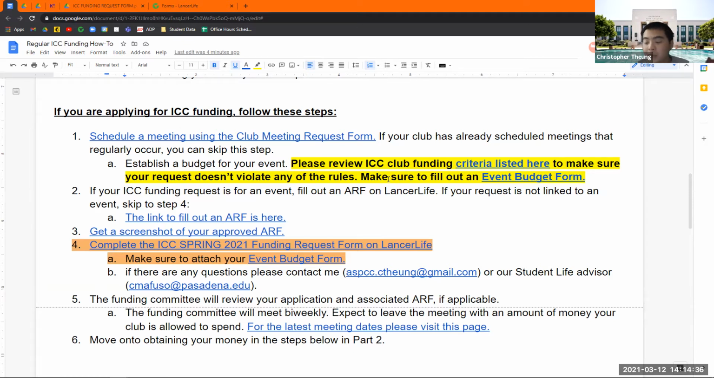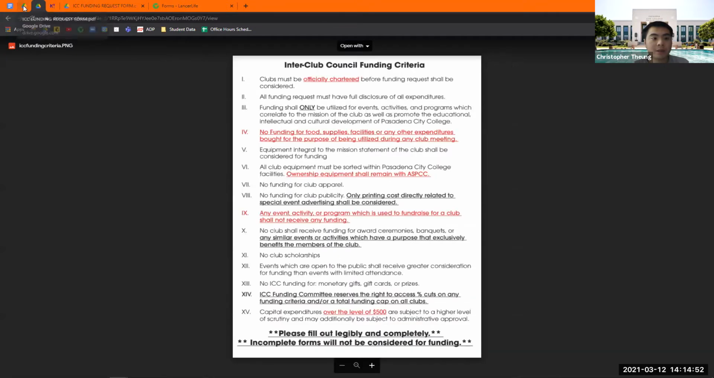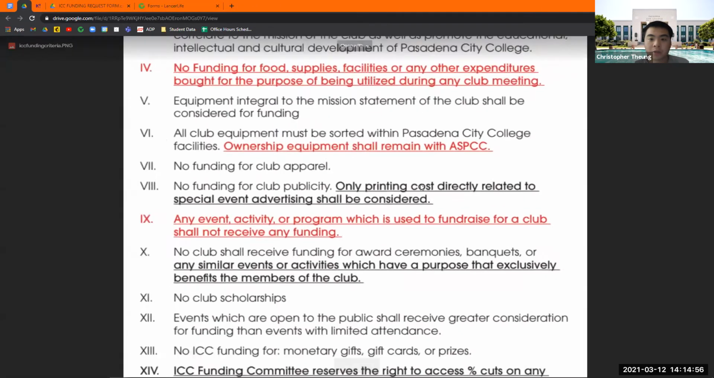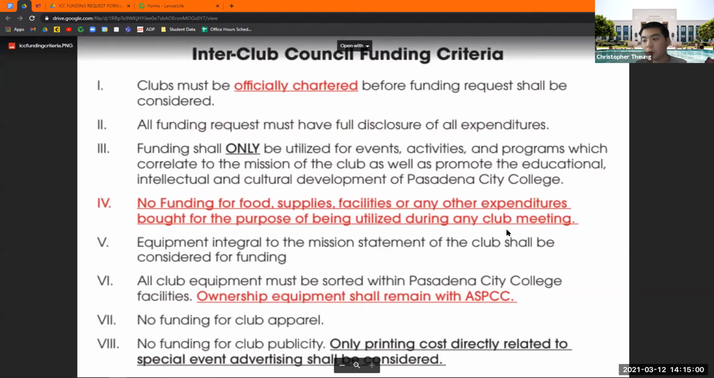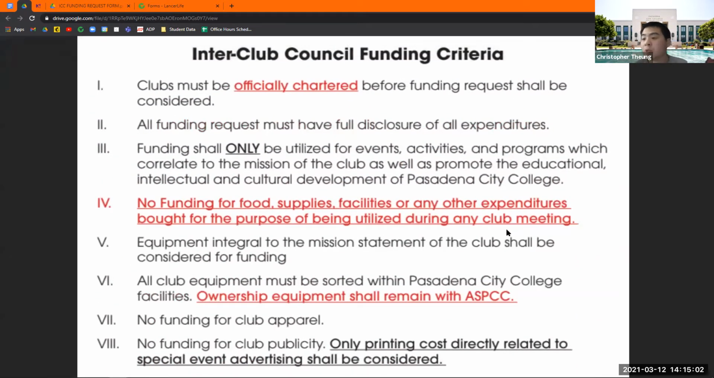So during that meeting, if you decide that you want to pull money from ICC funding, you're going to have to use a couple of different documents than what I just showed. So you're going to open up the funding criteria. And if I already opened it here, it's going to look something like this. These are pretty much the rules stating what you can and can't fund. So when you're planning, make sure that you read through these rules and that you don't violate any of them,